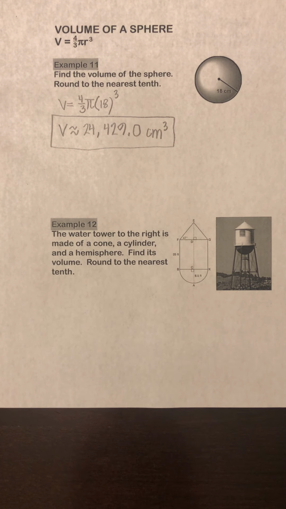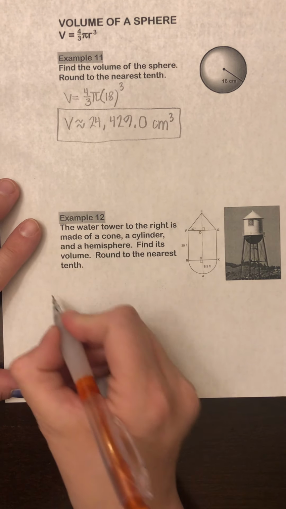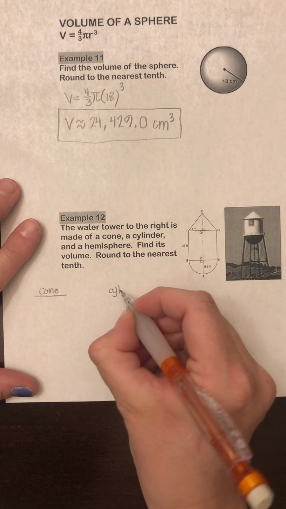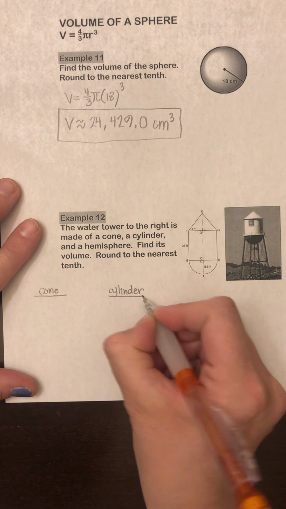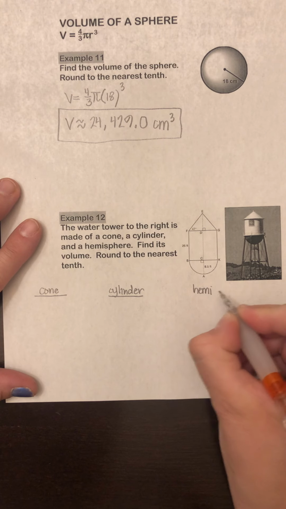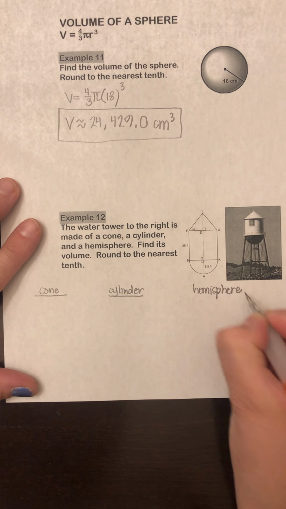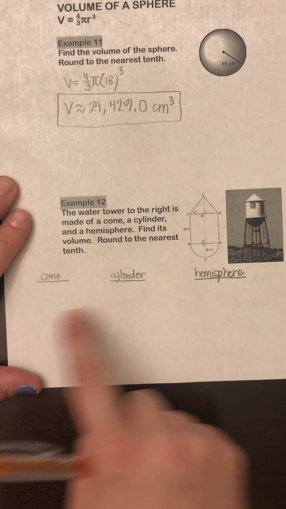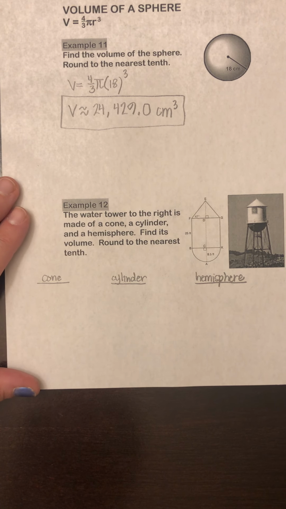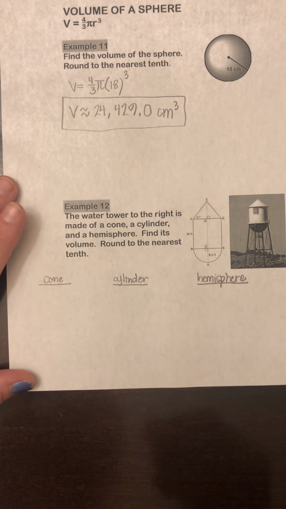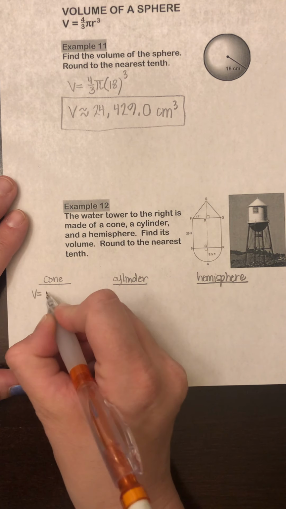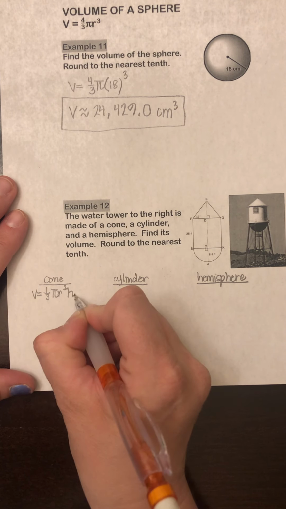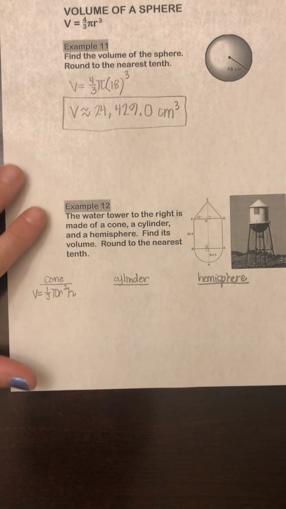Okay, so we are being asked to find the volume. So we have a cone at the top. We have a cylinder in the middle, and we have a hemisphere at the bottom. So we're gonna take it step by step. We're gonna find the volume of each, and then we'll be able to add them together to get the total volume. So that is the plan of action that we're doing. So let's start with the cone. We know our formula is 1/3 pi r squared h. Okay, so looking at that cone,